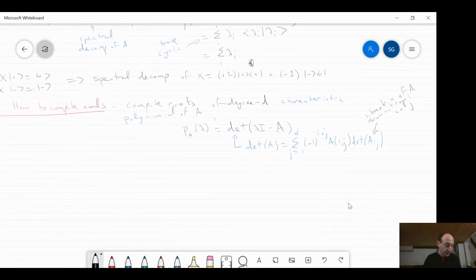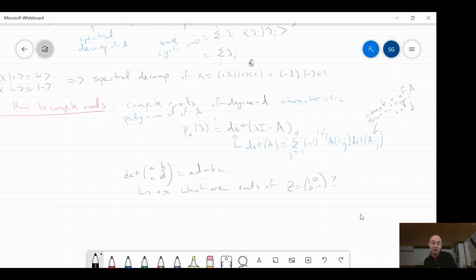In particular, the determinant function for a 2x2 matrix is very nice, right? If I just have a 2x2 matrix A, B, C, D, that's just equal to A times D minus B times C. So using this as an exercise, I'll leave it to you: what are the eigenvalues of the Z operator, 1, 0, 0, minus 1? You should be able to figure it out.